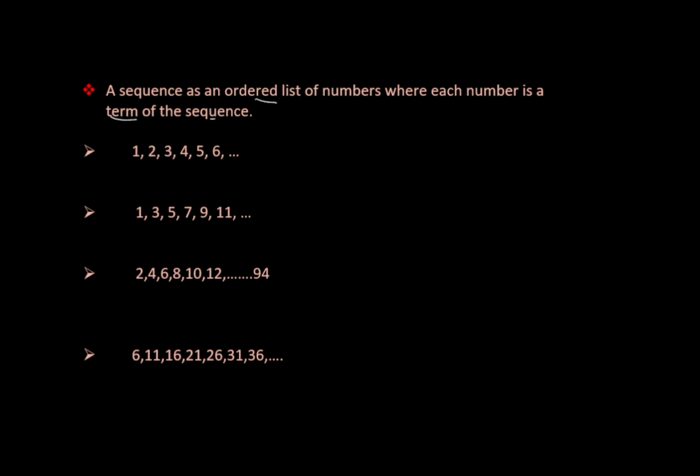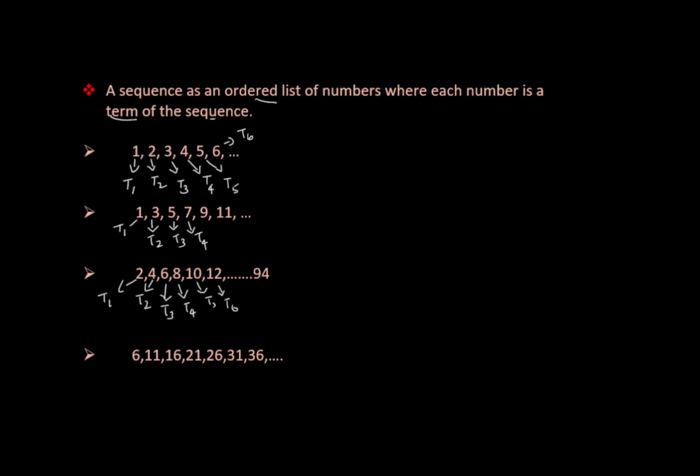In the first sequence, 1 is the first term, we can say T1, term 1. 2 is term 2, T2, 3 is term 3, T3, then T suffix 4. So that is the indication of the term. T5, and 6 we can write T6. In the same way, in the second sequence, 1 is T1, 3 is T2, 5 is T3, 7 is T4, like this. In the third sequence, 2 is T1, 4 is T2, 6 is T3, then T4, T5,